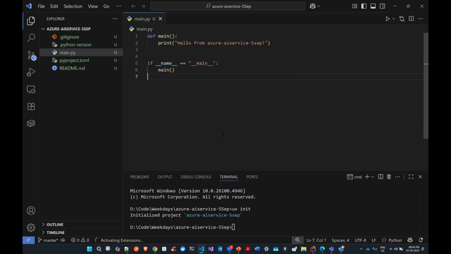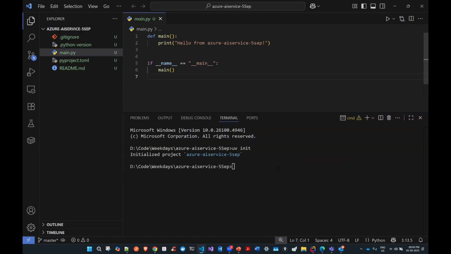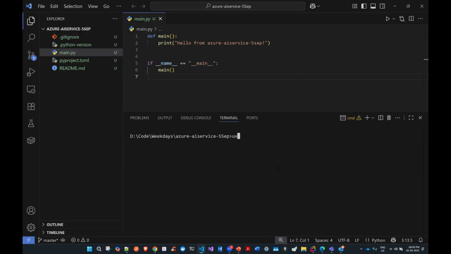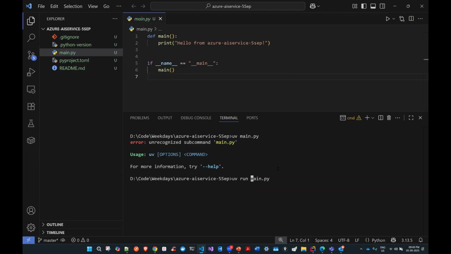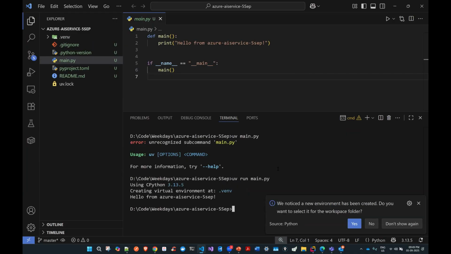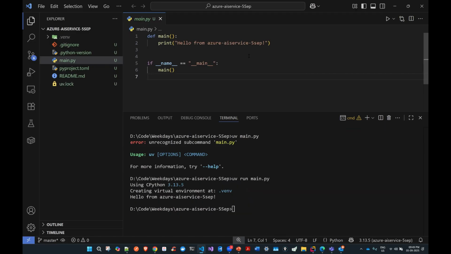We have a main.py file that I can run easily using UV. The command is uv run, then main.py. So I'm getting the output here: Hello from Azure AI Services 5th September. Simple.